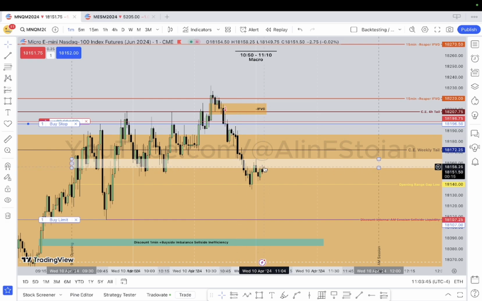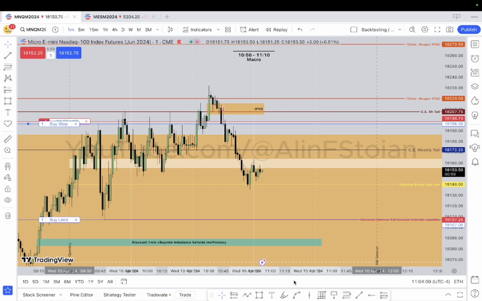But I would prefer for the market to reject this and continue lower, because we've taken this level of sell side. The market can see a retracement. It can. I would prefer for it not to, but it can see a retracement. And I'm utilizing the knowledge of taking the AM session buy side here right after the 10:30, then shifting below this low, which is the low that was responsible for this high being made,